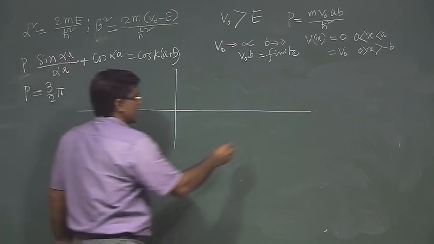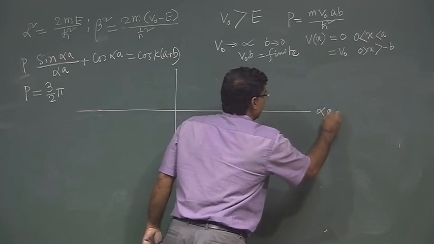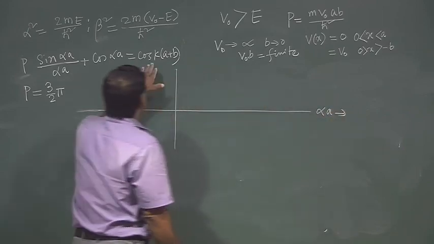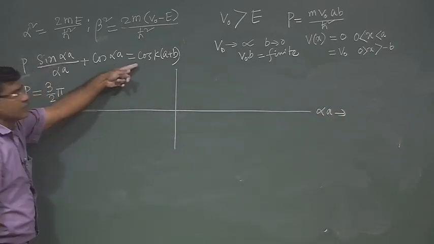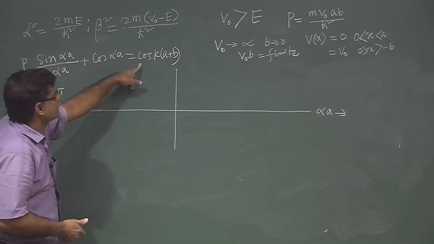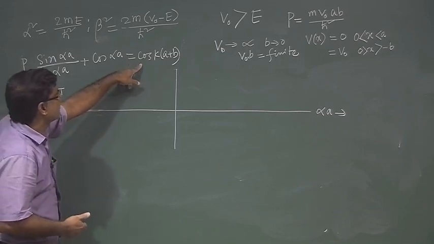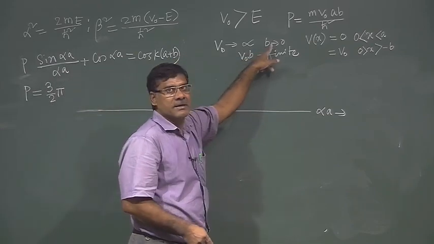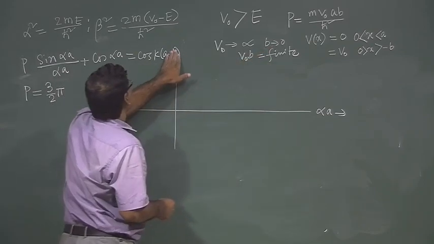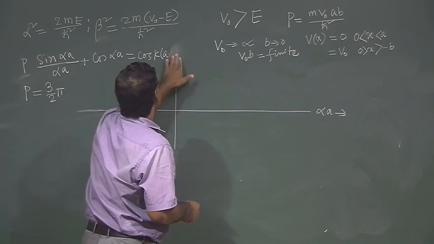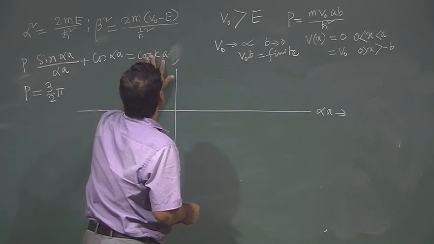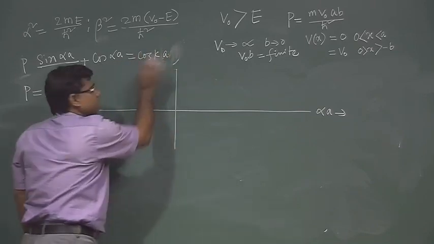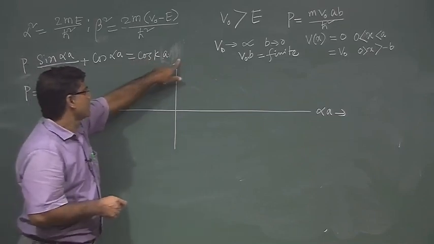So, I will plot alpha a, and also I have to make it more simple, I have to simplify more. Here also b tends to 0, so then I can remove this b. So, this is basically cos k. Okay. So, now